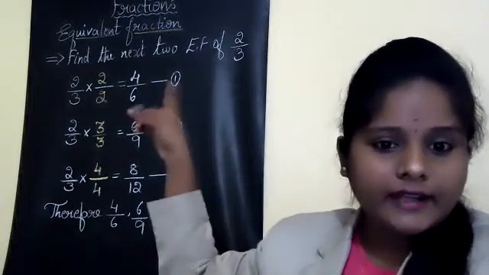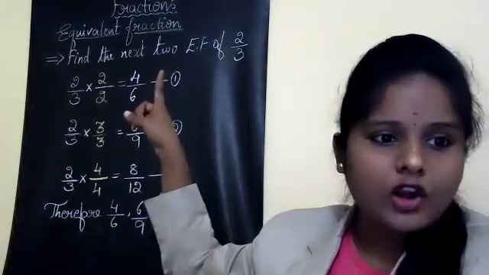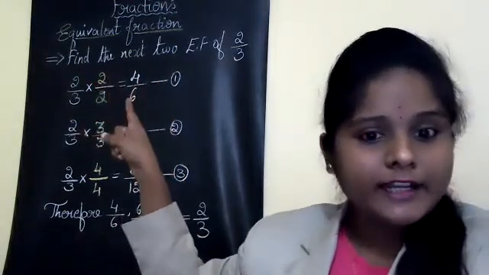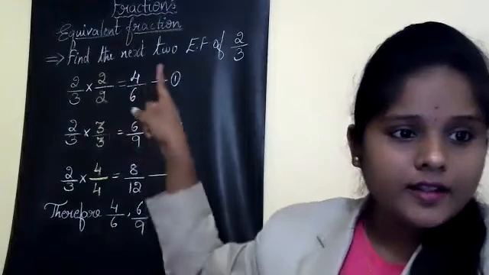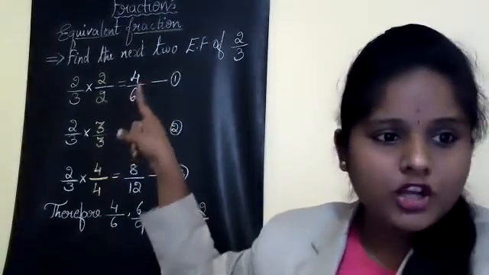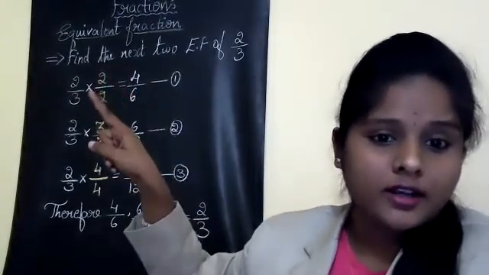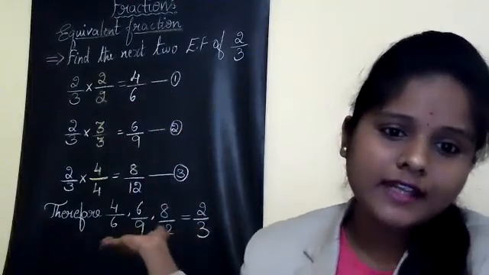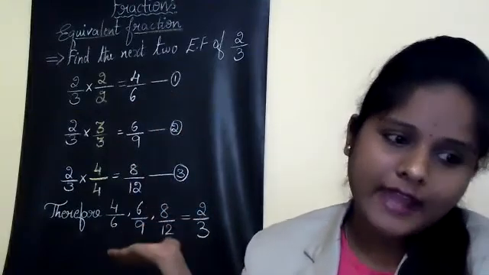Even if I divide them, to find out whether they are equal or not, what should I do? I should divide by the same number. If I divide by the same number, this fraction, whatever we have got, should be the same as the question. Okay. And this is the answer you are going to get as an equivalent fraction.